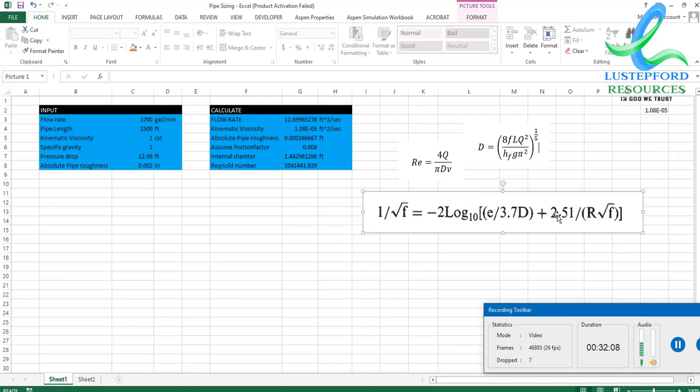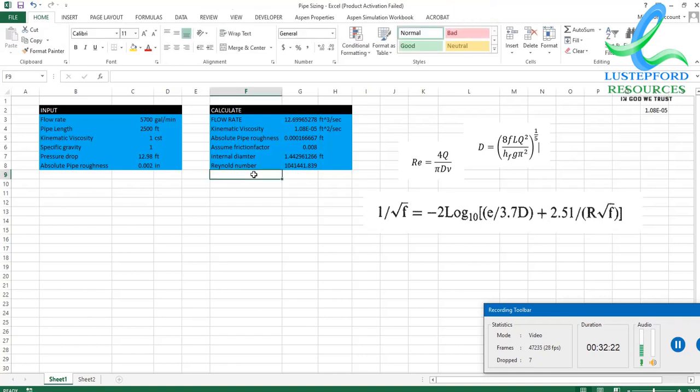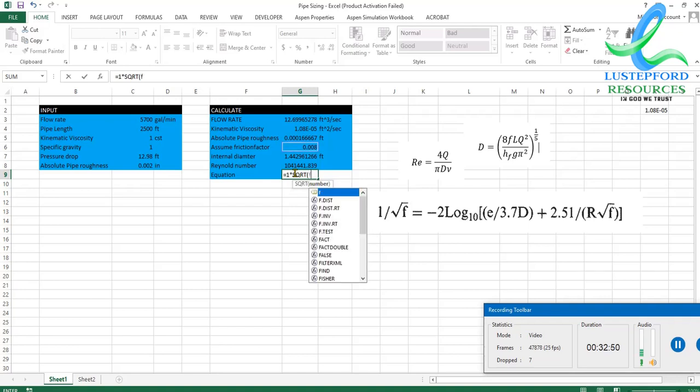So we are going to move this right hand side to this other side. When you move it to this other side, this thing becomes plus. So it will be this plus this equal to 0. So that's supposed to be 0, that equation. Let me call it equation. Now say the equation is equal to 1 divided by the square root of f, bracket close, plus 2 times log to base 10, I have e divided by 3.7